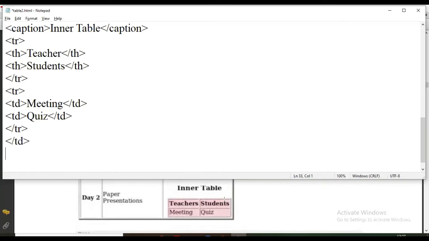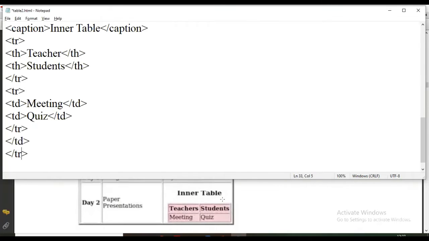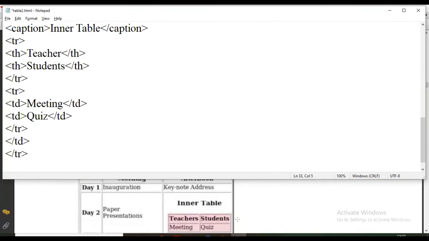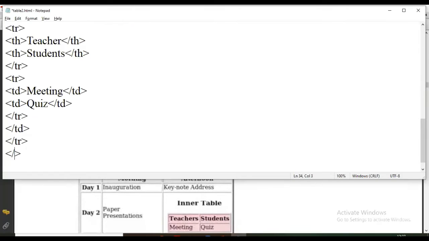So TD, after that the TR in which we were working here, this TD is in the second row of the outer table. So we have closed that row and now we are supposed to close that table also. Save this. Let's see the output.